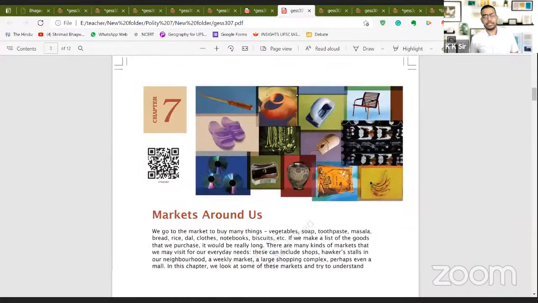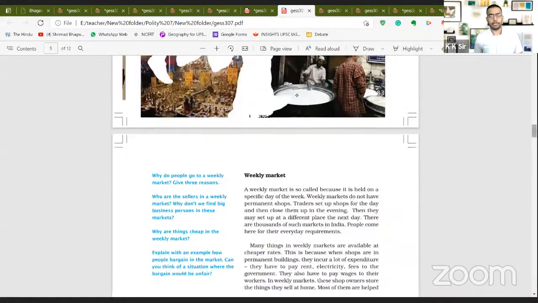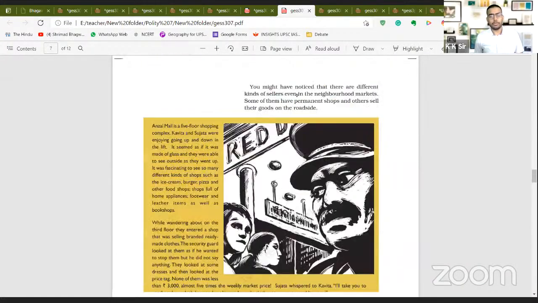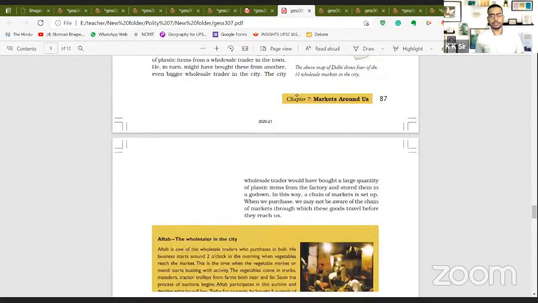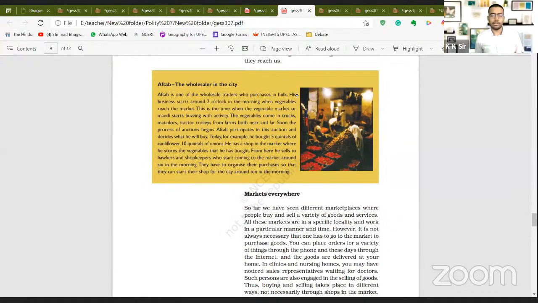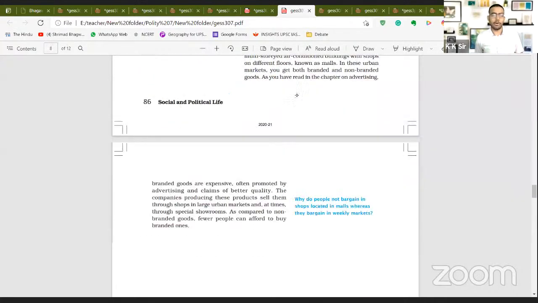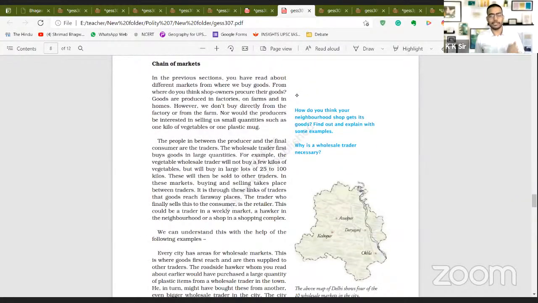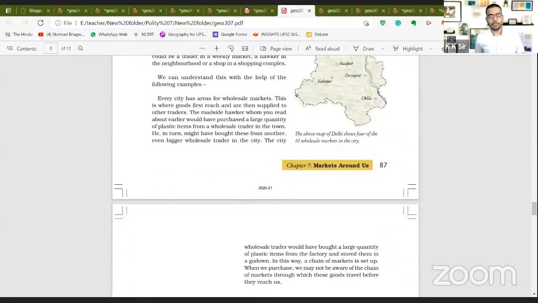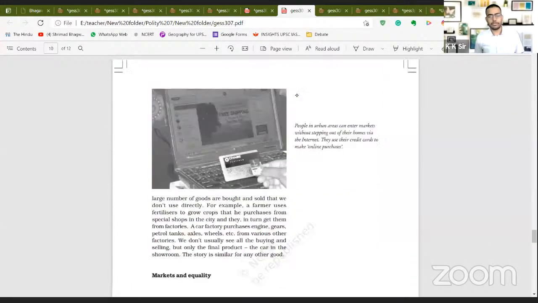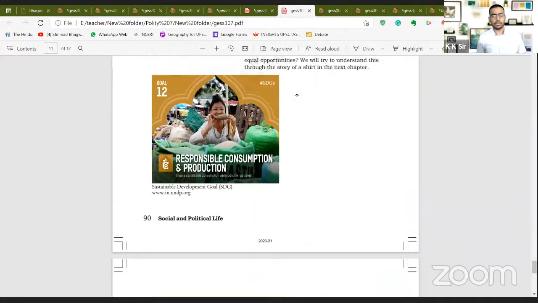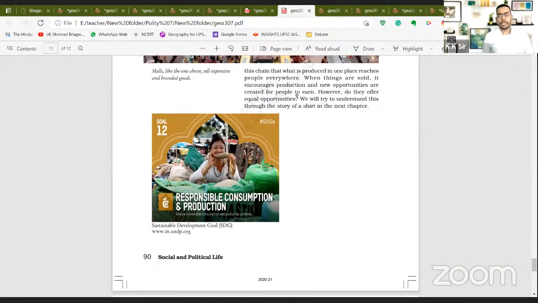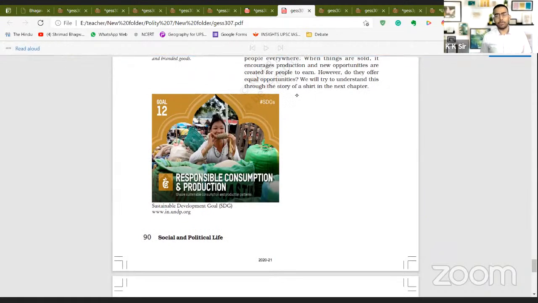Now markets. See, there's nothing important in this chapter at all. All you know about how market works and how it doesn't. What is wholesale market, local market, what are malls? Nobody would be more experienced than you guys. So not much to discuss here. But I would like to discuss one thing here. In the SDG, oh sorry,